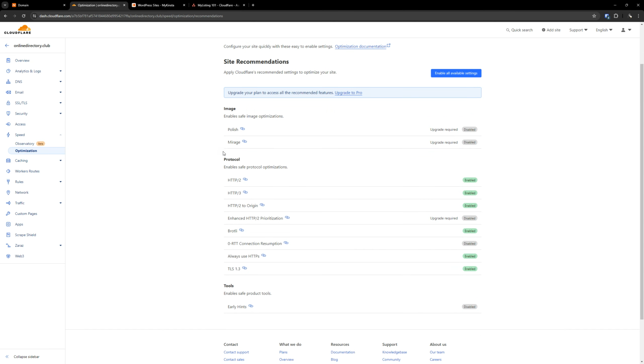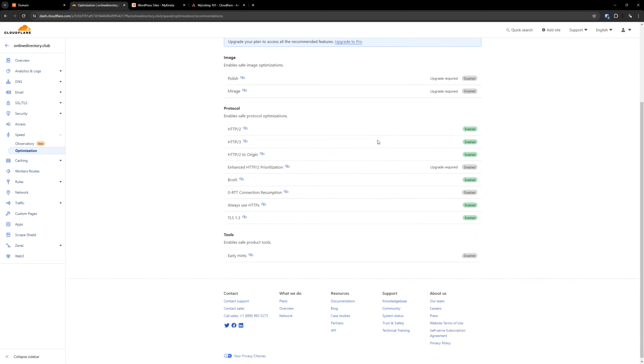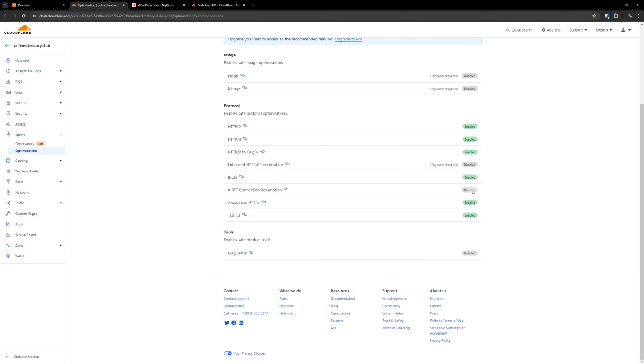And Cloudflare is going to tell you which of these performance tools, settings, options, features, whatever you want to call them, require an upgrade from the free version. So you don't need any of that. So anything that says upgrade required, you can just skip that. For the other ones though that show disabled that are available to you under the free plan, we're